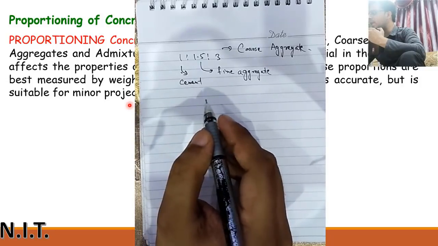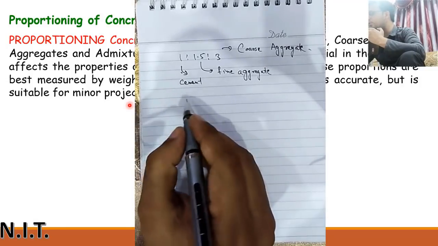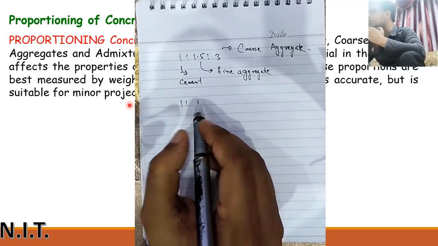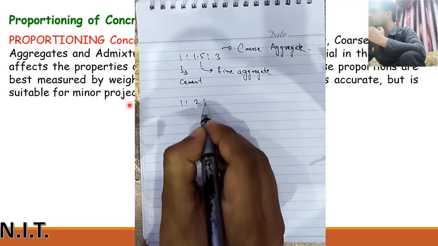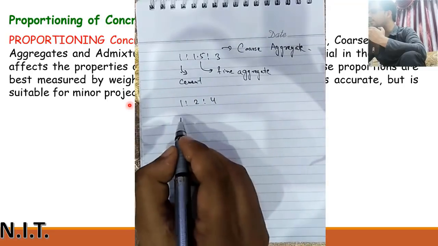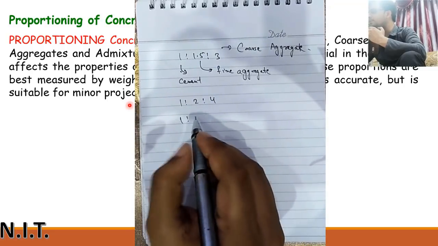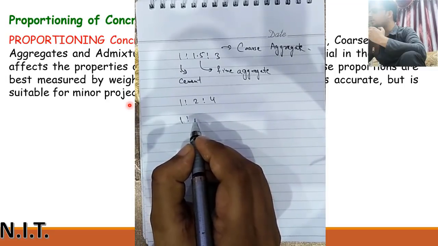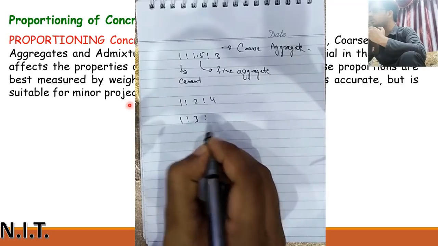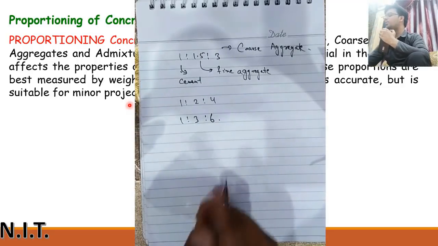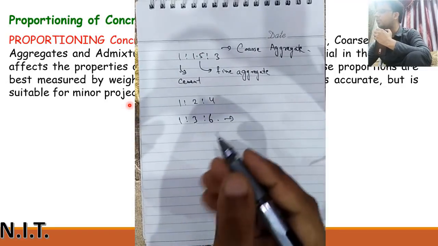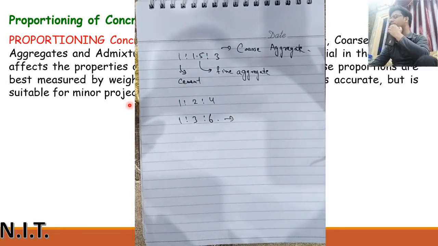For example, for slabs or floors, we are using concrete proportions of 1:2:4, and sometimes we also use 1:3:6